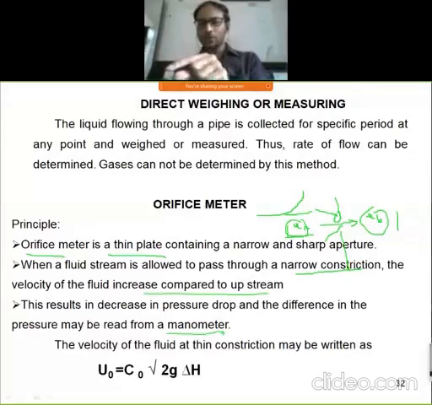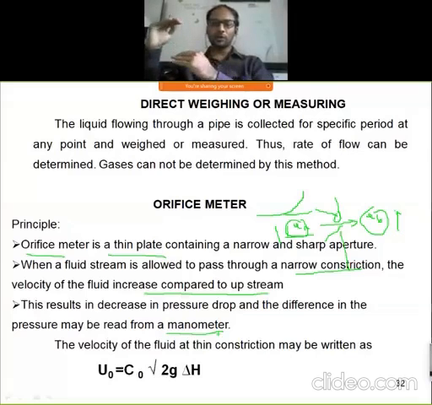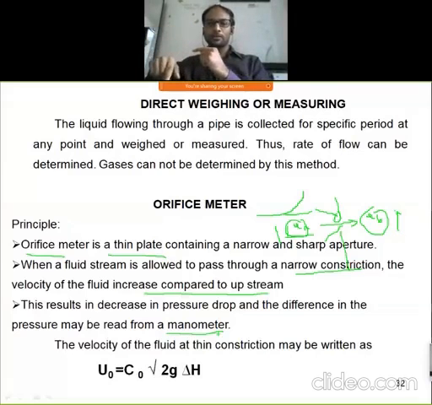Right, at point A velocity decreases, at point B velocity gets what? Increases due to the narrow constrictions, and as this velocity changes, there should be the occurrence of a pressure drop. Means pressure at point A is increased as compared to the pressure at point B due to the increased velocity. Right, got this point? So this is related with your orifice meter. This pressure drop we can easily record over your manometer by considering the value of delta P, or the change in the height of the fluid inside your manometer.